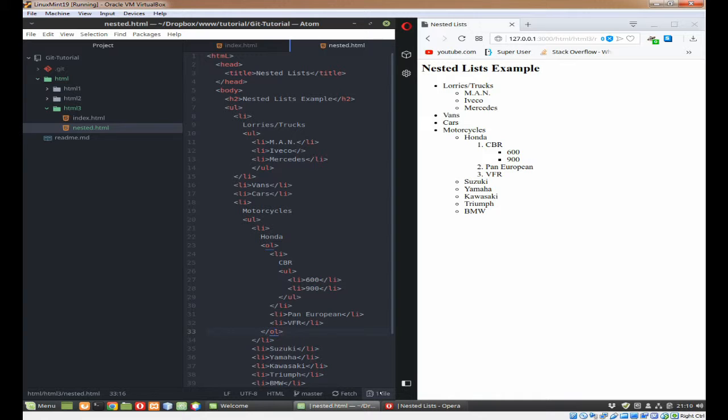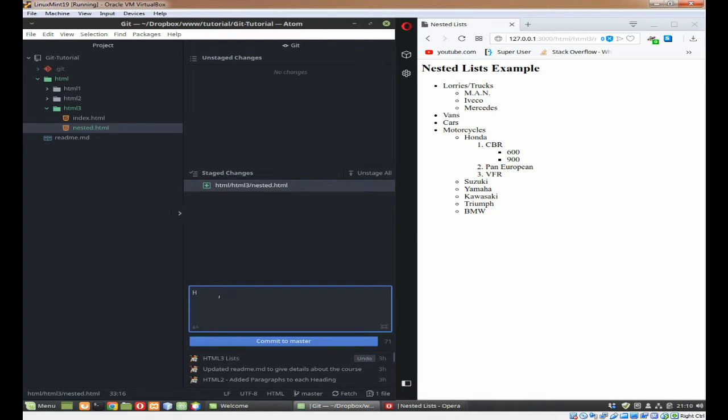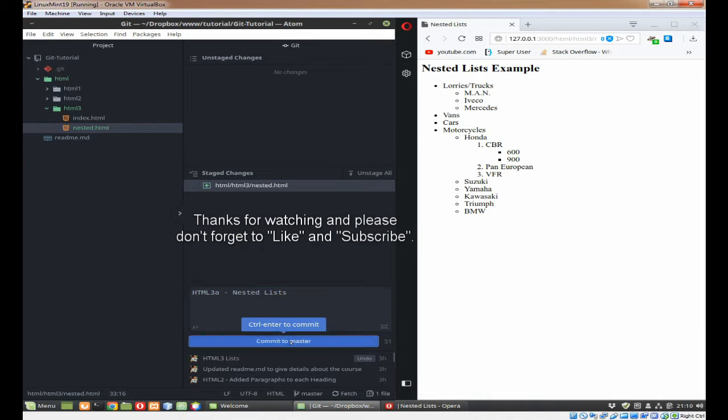Okay, so we'll just stage that, HTML3A nested lists. Commit to master